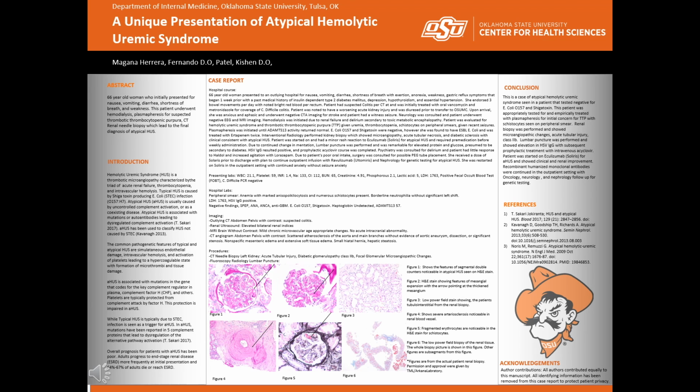With the combination of uremia, anemia with hemolysis, and schistocytes present on peripheral smear, neurologic symptoms, and intermittent low-grade fever, patient was treated with plasmapheresis for presumptive treatment of TTP. ADAMTS13 was ordered, which returned normal, and plasmapheresis was discontinued. Interventional radiology was consulted for renal biopsy in conjunction with nephrology, which showed acute tubular necrosis and microangiopathy consistent with atypical HUS. Patient was started on eculizumab, or Soliris, and was pre-medicated prior to treatment due to worsening mentation.